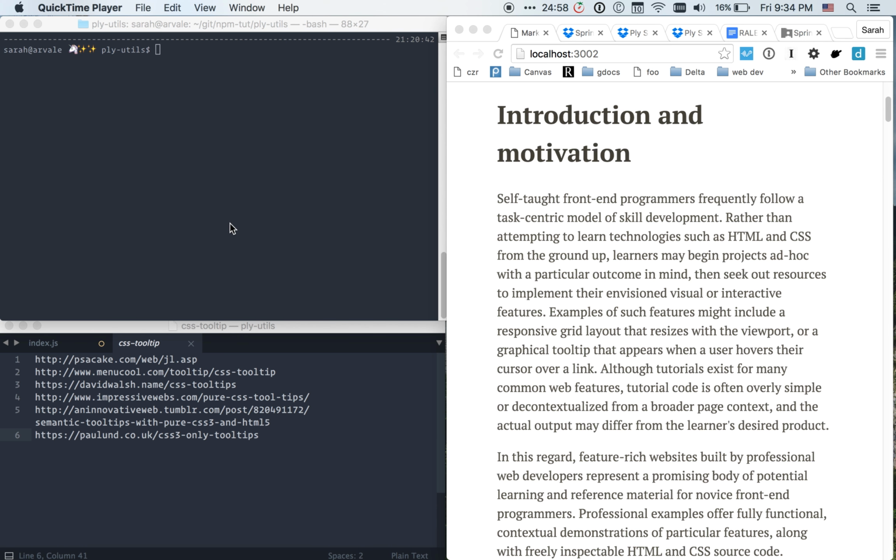And in this manner, they develop their skills from the ground up in a very incremental and piecemeal fashion, as opposed to following a very well-defined arc of the content and the progression in which they learn new material. So the motivation here is that feature-rich websites built by professional web developers offer a lot of potential for learners to be able to reference them and use them as worked examples of particular techniques. But unfortunately, the code for a feature-rich professional website tends to be very difficult to navigate, which we'll see in